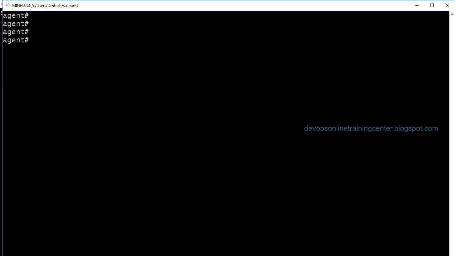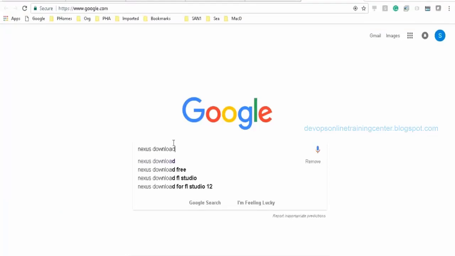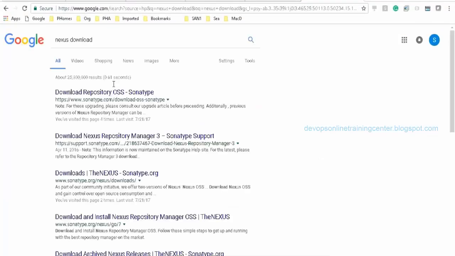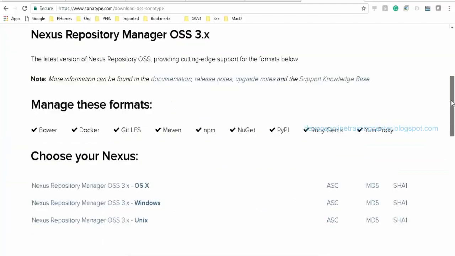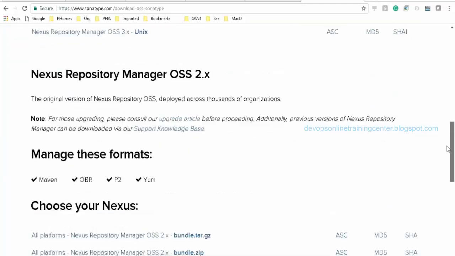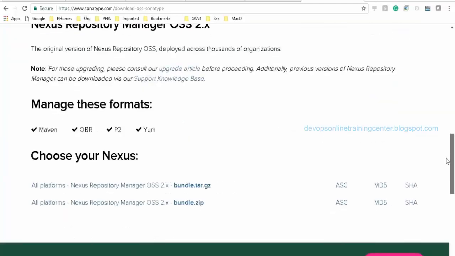Okay. So this is my agent. So let us try to configure Nexus on this machine. Nexus download. Nexus is developed by Sonatype. Nexus repository. It has two versions, 2 and 3.